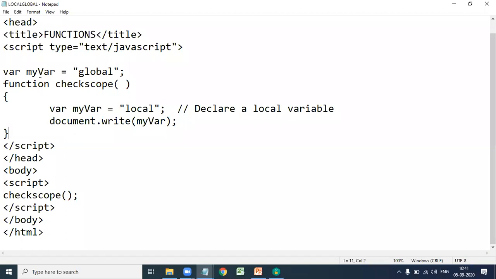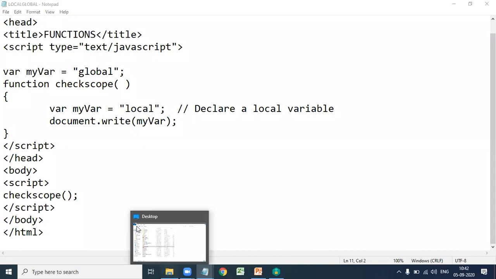Here the global variable and the local variable have the same name, my var. So the local variable hides the global variable. Document dot write of my var prints the local. Whenever a global variable and a local variable have the same name, the local variable has more precedence.